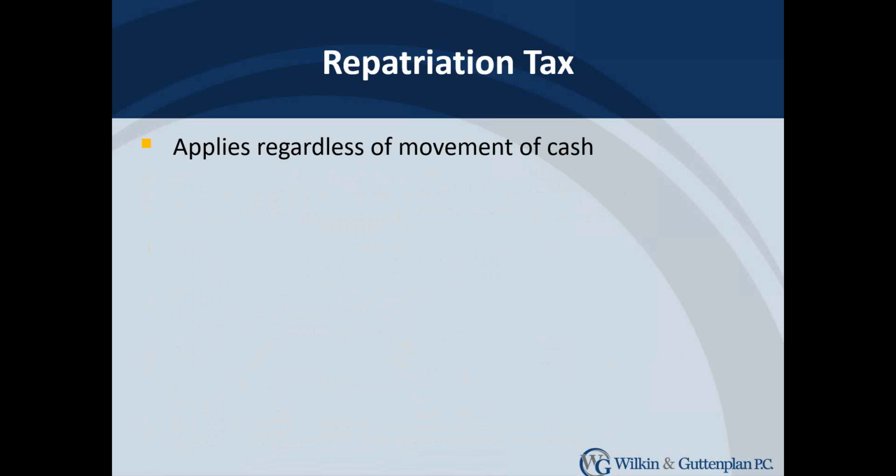Right. I'll just add that back, I think it was 2004, there was a preferred rate to encourage the same type of behavior of bringing cash back to the U.S. and taxing at a lower rate. But what happened was nobody did it. And it did not create the kind of revenue and the kind of cash inflow back into the country that the government was expecting. So that's why I think the government has now taken a different approach, a deemed approach, saying we're going to tax you, and you make a separate business decision as to when you're going to bring back the cash. Obviously, the hope is that because the money's already been taxed, it'll be easier for companies to bring the cash back.